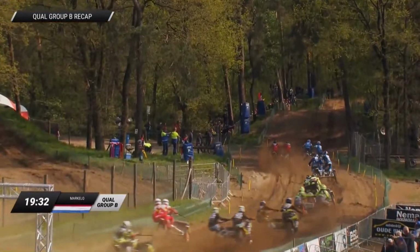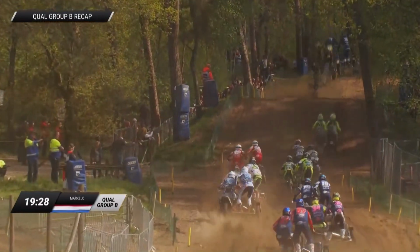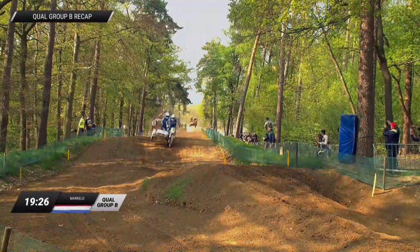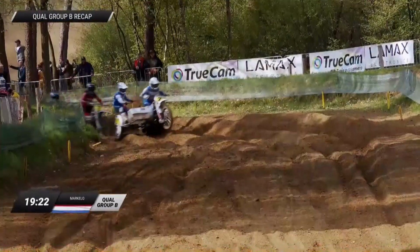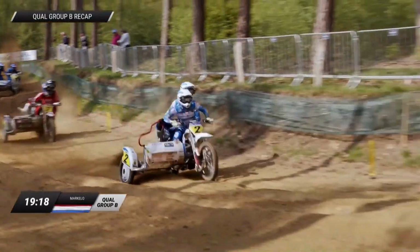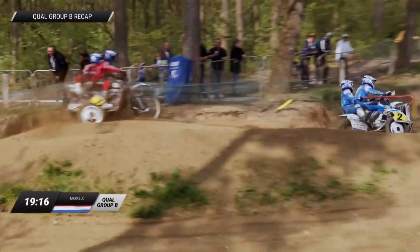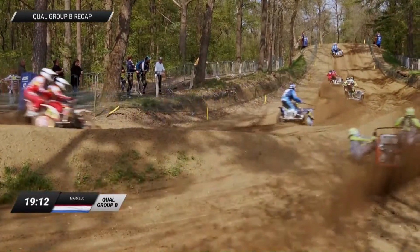I know Dion Rietman will be absolutely delighted to see the number 7 of Justin Kuban and Rodolphe Lebreton out in front, leading the way ahead of Marvin van Lukener, but for such a short time, because Marvin van Lukener and Robbie Bax have already made a move and will be putting the hammer down. The leading 2 have already significantly gapped the number 9 of Davy Sanders and Luc Rostang, but they have been